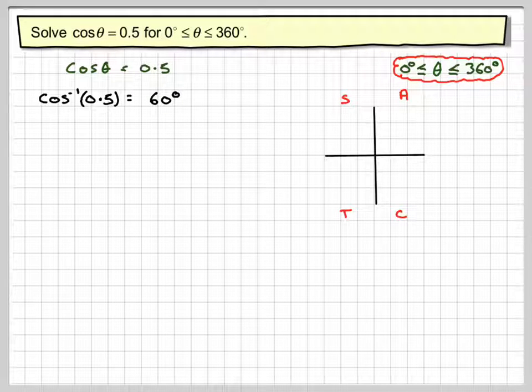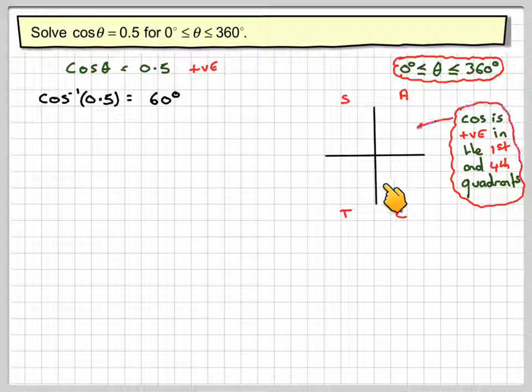And then we go to the unit circle idea. The idea of the unit circle is that in the second quadrant sine is positive, in the first quadrant all of them are positive, in the third quadrant tangent's positive, and in the fourth quadrant cos is positive. We want to know where cos is positive because we've got positive 0.5, and cos is positive in the first and the fourth quadrants. So what you do now, in the first and the fourth quadrants, you draw an angle